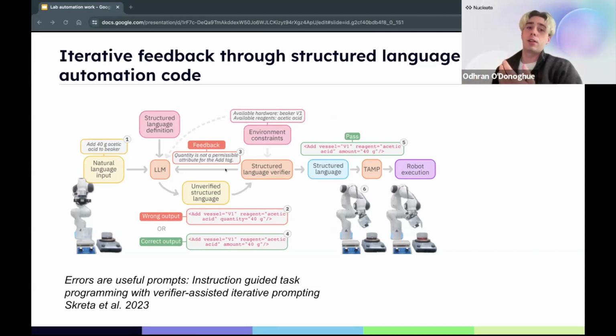It may make an error. A system can say, hey, this doesn't look like the right scripting language. Let's fix this. And this iterative feedback can allow for a pretty accurate generation of long-term tasks in writing protocols and running experiments. And in this case, the Matter Lab is getting this running on robots.